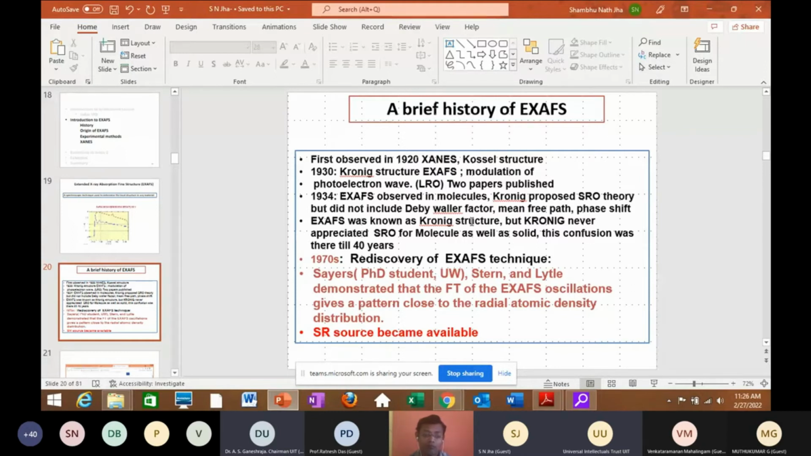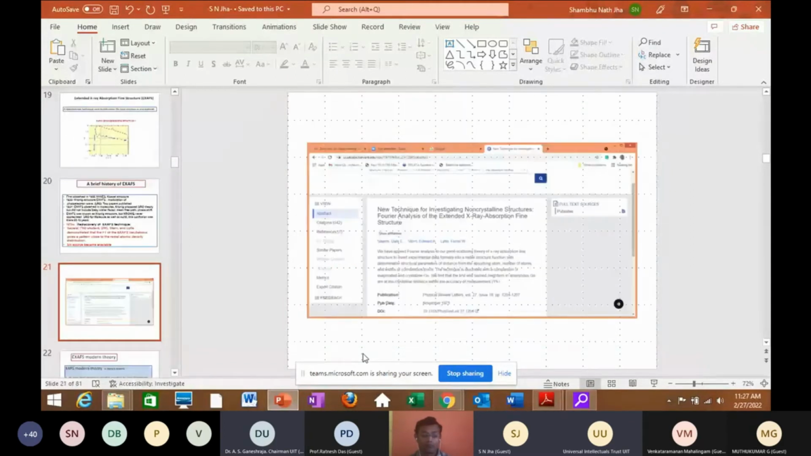In 1970, EXAFS was rediscovered by a group of people like Sayers, who was a PhD student at the University of Wisconsin with Stern and Lytle. He was an experimentalist, and Lytle was a theorist. He demonstrated that the Fourier transform of the EXAFS oscillations gives a pattern which is close to the radial atomic density distribution. Further, a boost came due to the availability of synchrotron sources during that period. And this is the first paper of Stern and Lytle together, who published this paper on